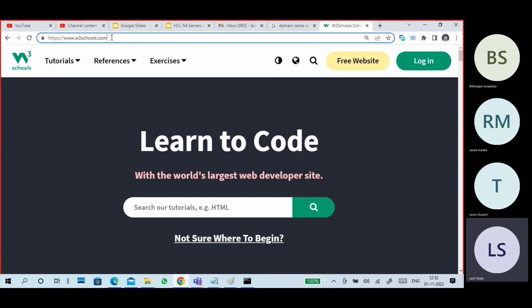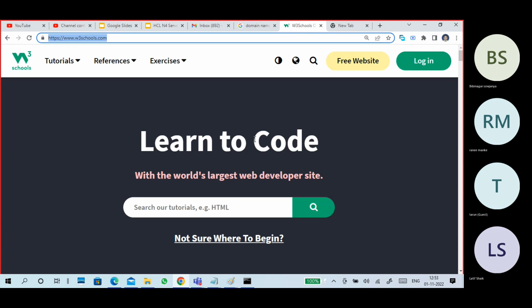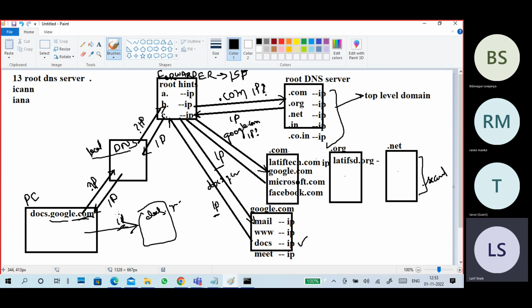But the initial response I get very quickly. Why? Because I open these websites regularly, obviously. Once the query is completed, once I got an IP address for a certain site,